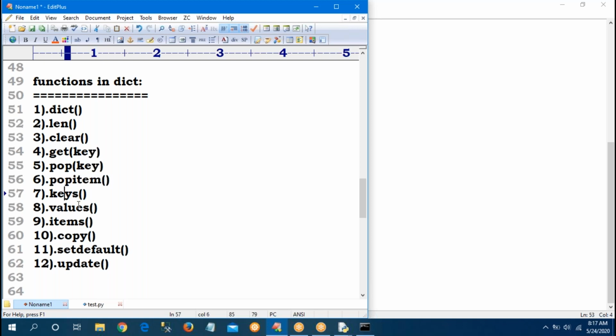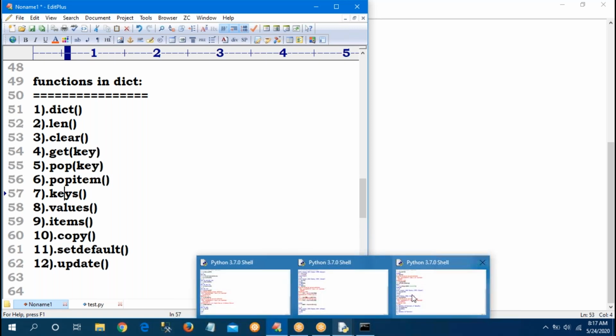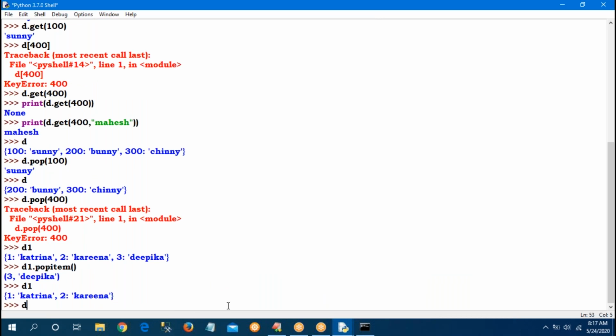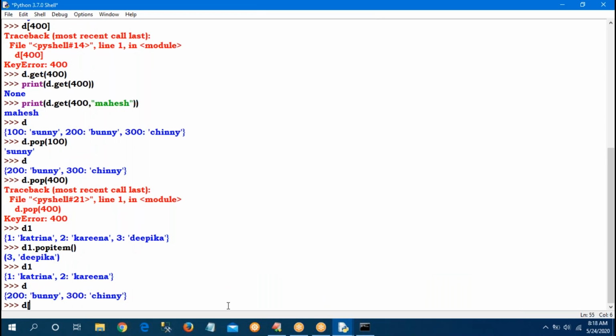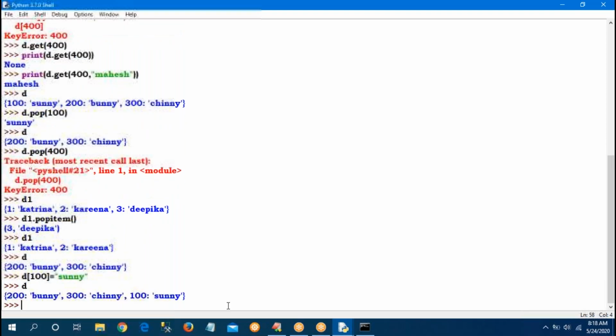Keys, values. Keys means in the dictionary, only keys I want to print. Suppose in D I want to add one more value, 100 equal to 70, and in D, 100, 200, 300 are available there. I want to print only keys.